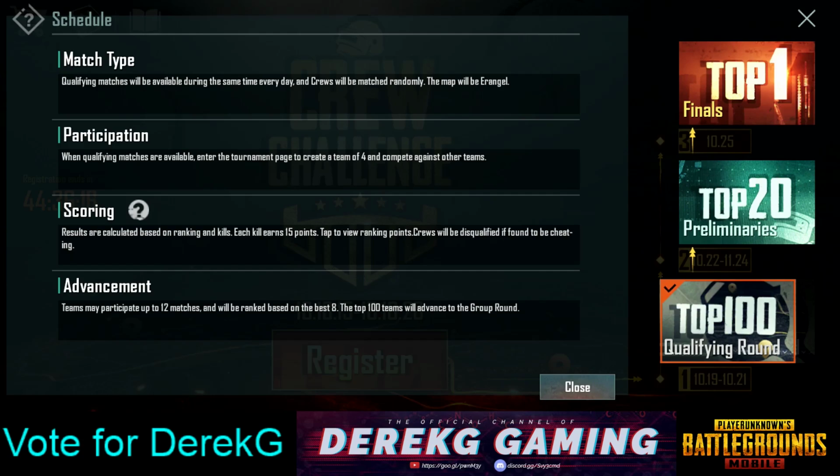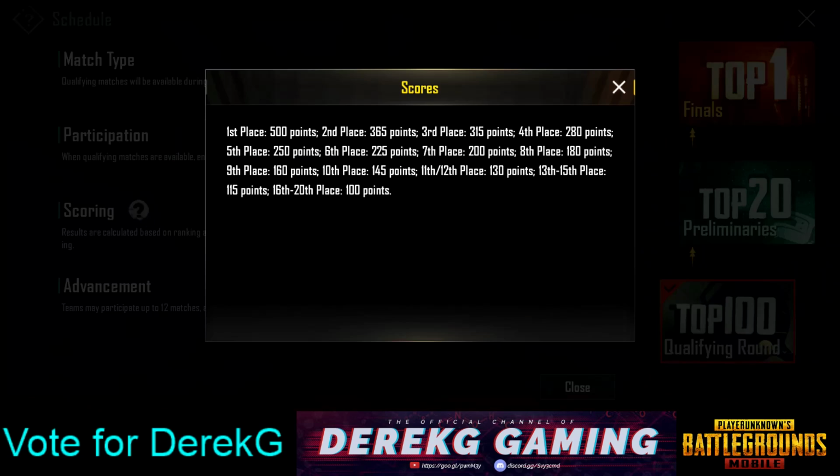Scoring results are calculated based on ranking and kills. Each kill earns 15 points. Tap to view ranking points. Crews will be disqualified if found to be cheating. There we go. Okay, so this is very similar to Star Challenge tournament scoring and lots of other tournaments too,